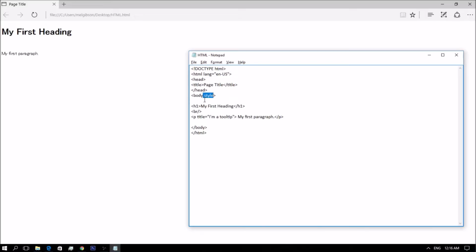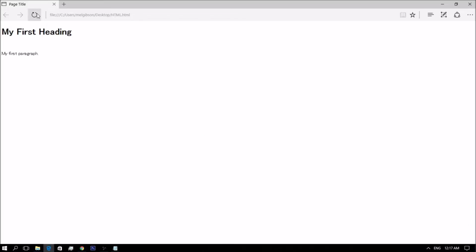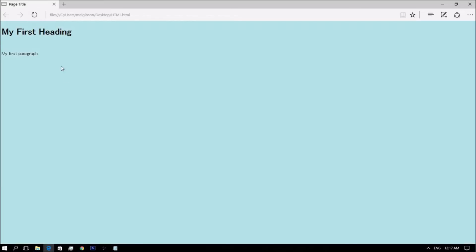So the body style, then enter the background color, then enter its value, then save and reload your browser. You can see the background changes its color.